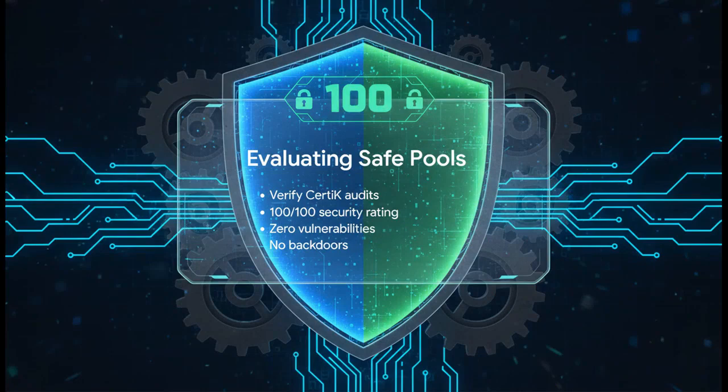But listen, we have to talk about security, because none of these cool financial mechanics matter at all if the platform isn't safe. When you're evaluating a new DEX, you really need to follow a strict step-by-step checklist, using things like the CertiK audits of YFSX and VIN as your gold standard. First, always verify deep code security audits from top-tier firms. Second, look for a 100 out of 100 security rating. Third, explicitly confirm there are 0 smart contract vulnerabilities. And finally, check that there are absolutely no hidden permissions or backdoors in the code. That is exactly how you protect your funds from scams and ensure your assets actually stay yours.